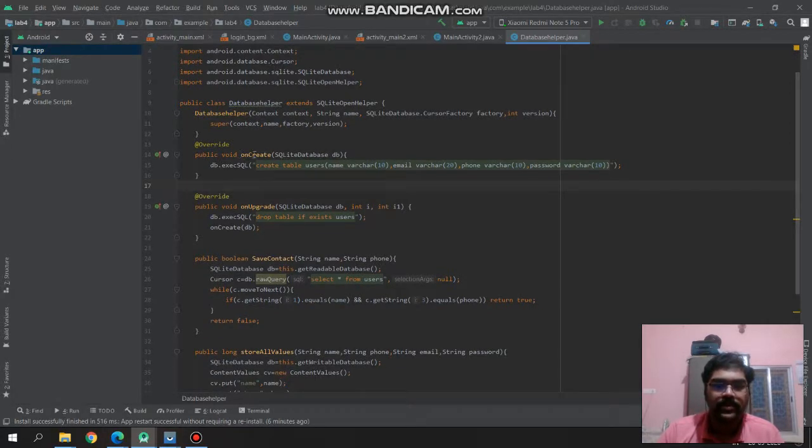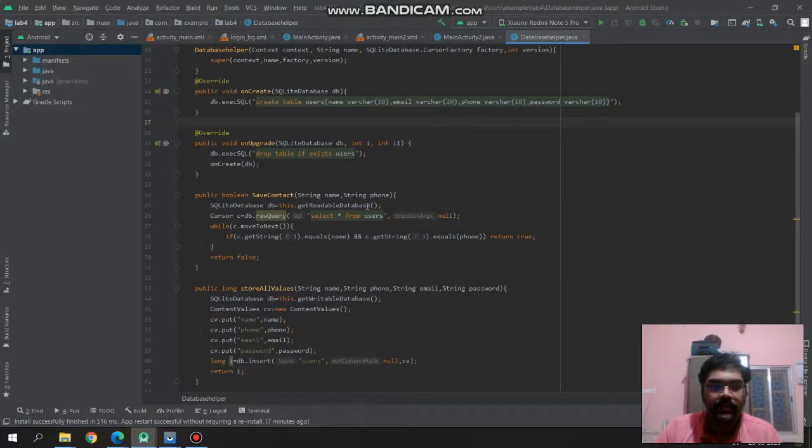Then we are using onCreate as SQLite database DB, and inside that db.execSQL. Then we are passing an SQL sentence. Then after that, we are using on upgrade, which is used if the database version is changed.